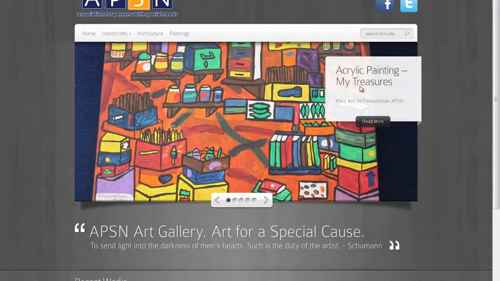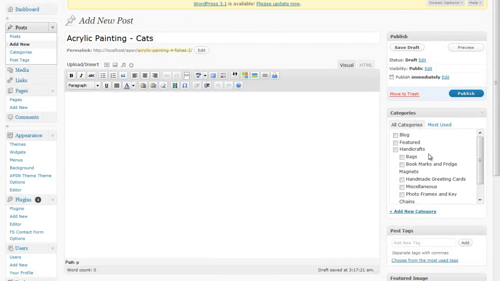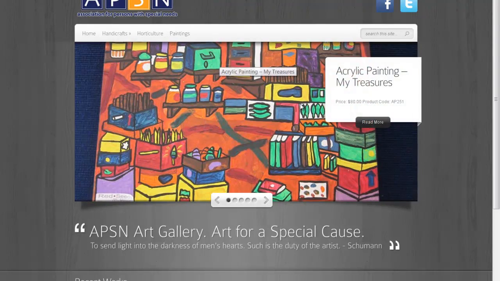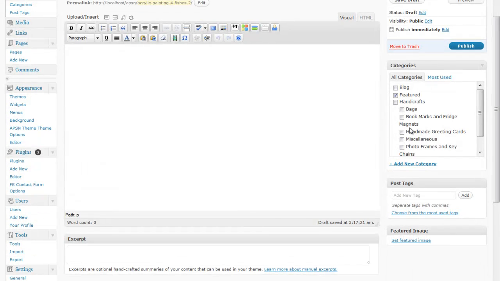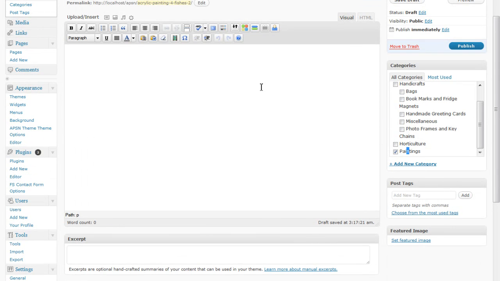So how do I get it to appear here? It's as simple as ticking the featured category. So the featured category would mean that everything appeared here. Everything that appears here is under the featured category. Yeah. So with that out of the way, you have already told WordPress where you want these things to